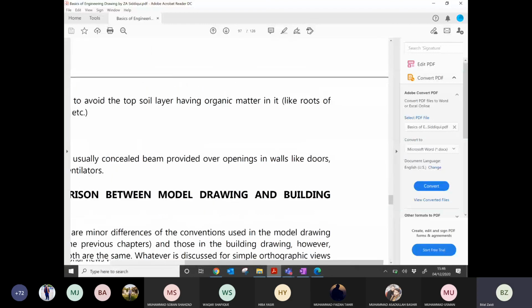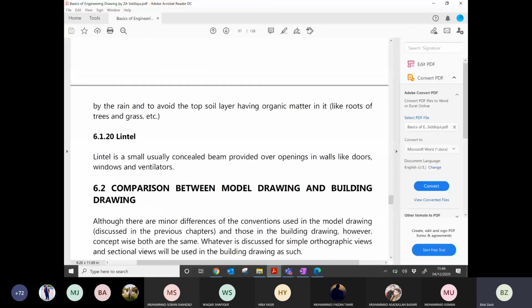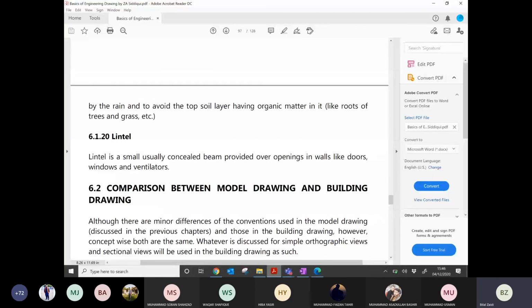What is a lintel? A lintel is a small, usually concealed beam provided over openings in the walls like doors, windows, ventilators. If we have some pictures again here.